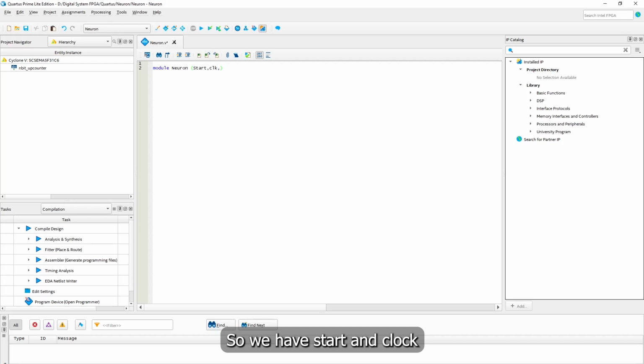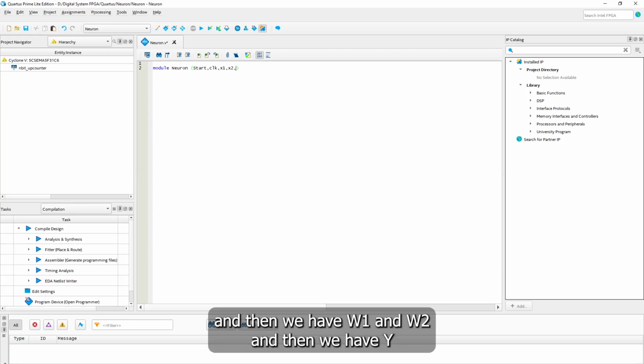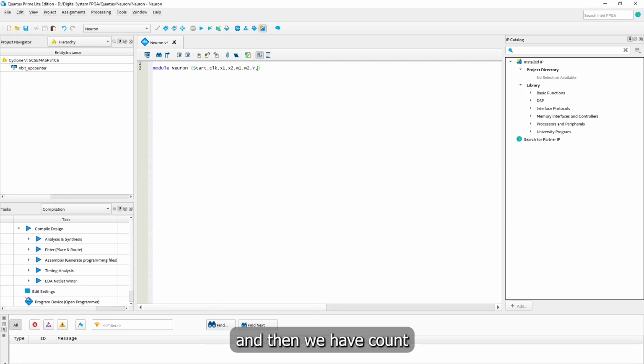So we have start and clock, and then we have X1, X2, and then we have W1 and W2, and then we have Y, and then we have count, and then we're going to close this module, end module,